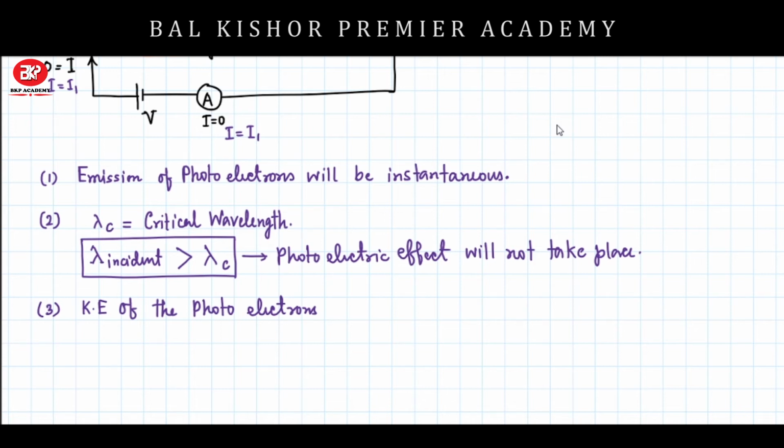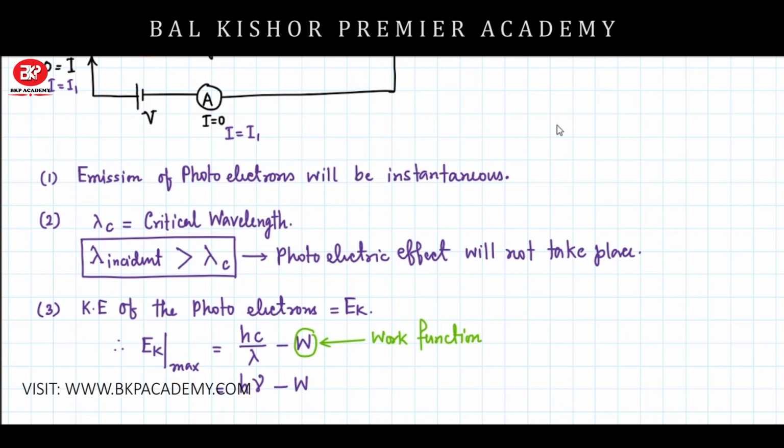Suppose Ek is the kinetic energy of the photoelectrons, then Ek maximum, that is the maximum value of the kinetic energy, will be equal to hc by lambda minus W, or we can say h nu minus W, where this W is nothing but the work function of the metal,